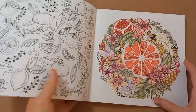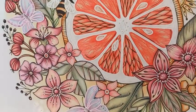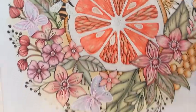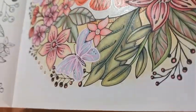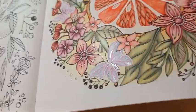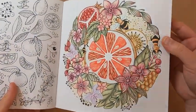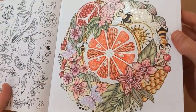I'm not sure if you can see all of the white gel pen. So I've coloured lightly all of the white area and then I've gone over with the white. I've used Stardust. Oh, sorry, I should move the camera. Stardust on so many areas, including mixing it with a gold for all of these bubble bits on the wings